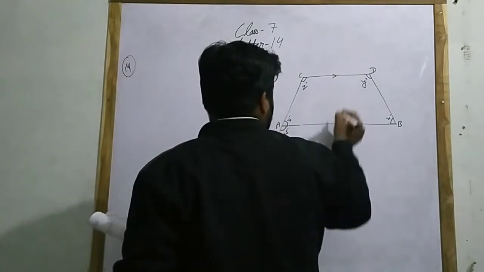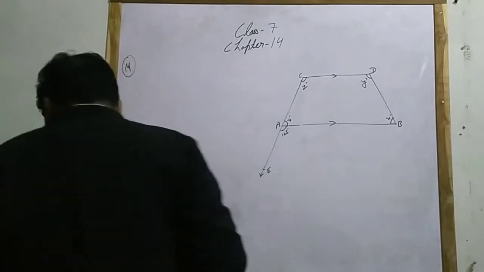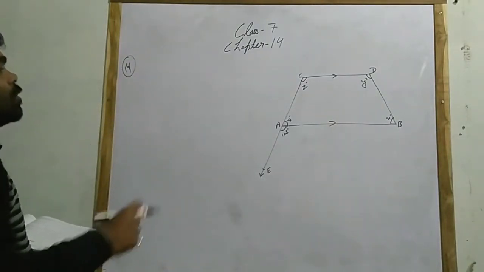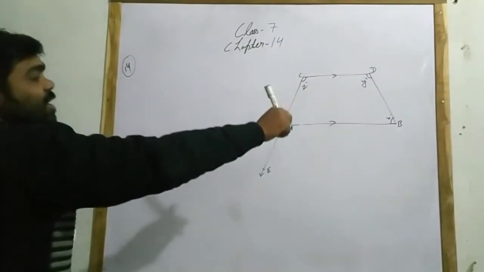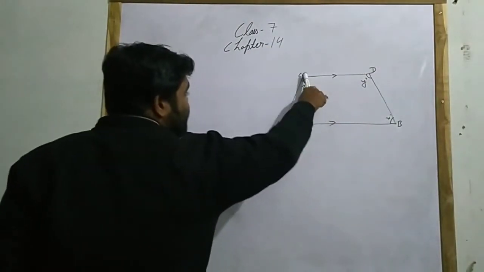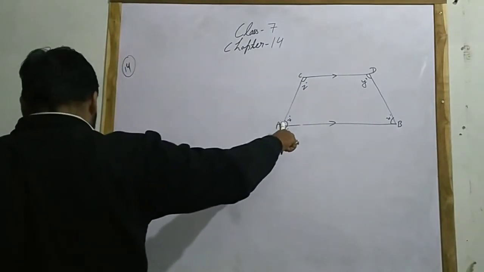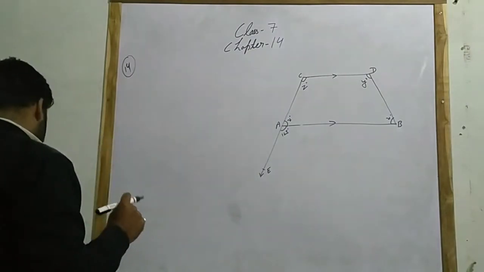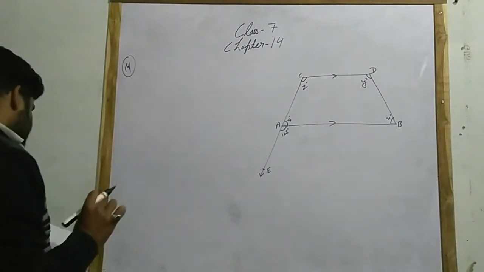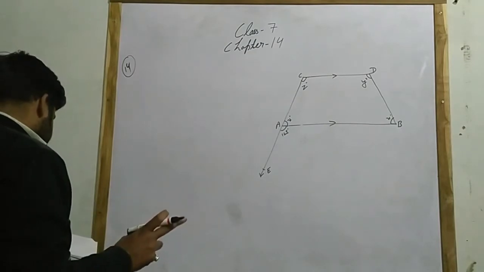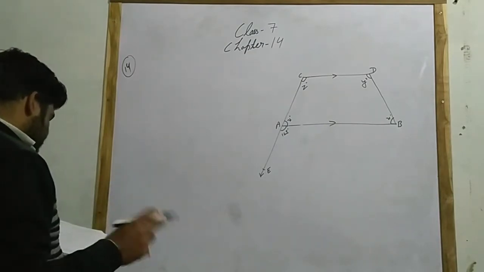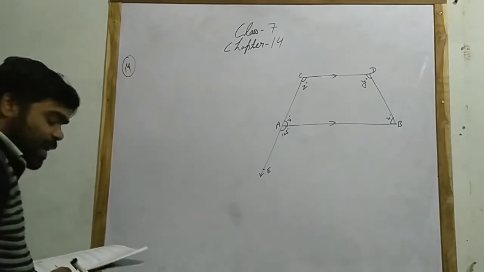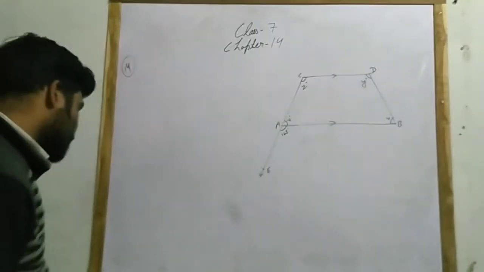In the given figure, AB is parallel to CD and CA has been produced to E. You can see this AB is parallel to CD and CA is produced till E, so that angle BAE equals 125 degrees, angle BAC equals x degrees, angle ABD equals x degrees, angle BDC equals y degrees and angle ACD equals z degrees. Find the value of x, y, z. In this question we have to find the value of x, y, z.